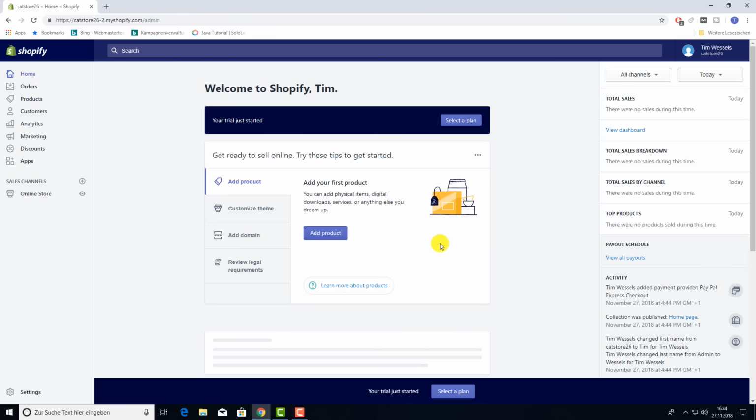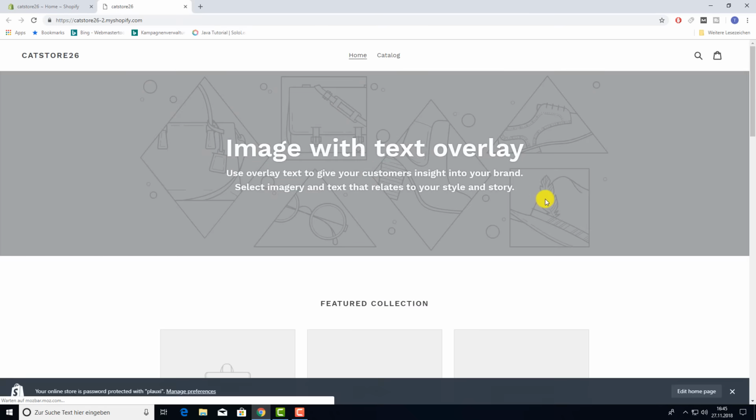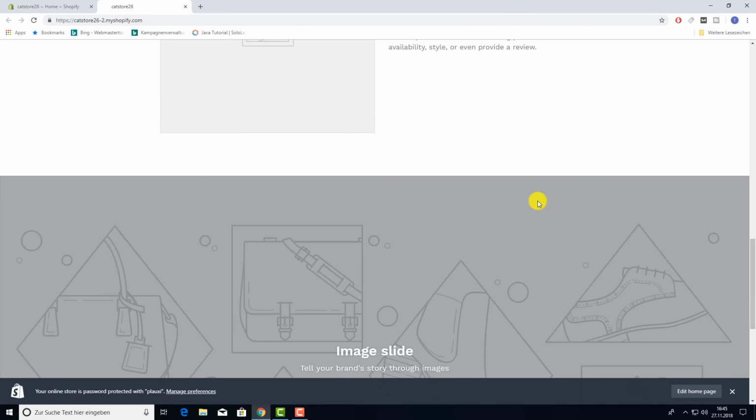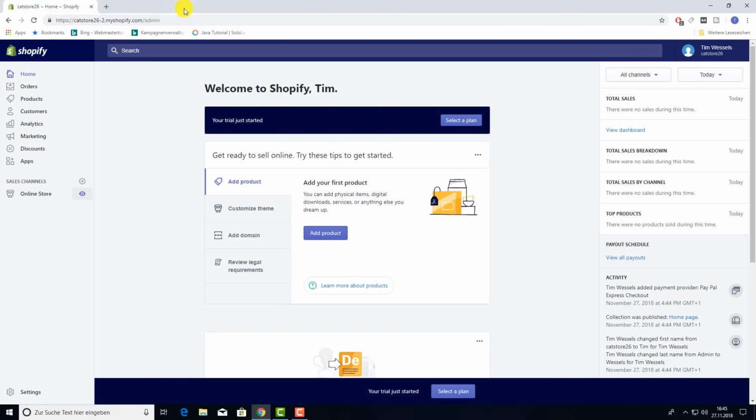Congratulations! This is the Shopify dashboard. You just successfully created your store. We can even have a first look at it by going to online store and clicking on this eye. And this is what your blank store looks like right now. Now, this obviously doesn't look good yet, but we can make it look good. And that's the next step. So I go back into the dashboard and click out of that tab again,